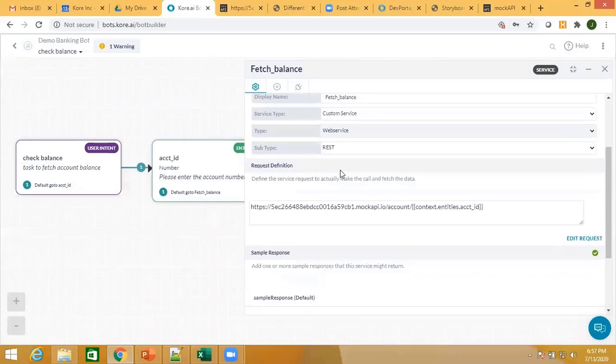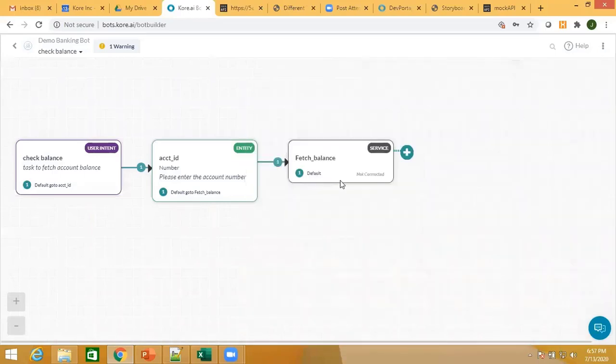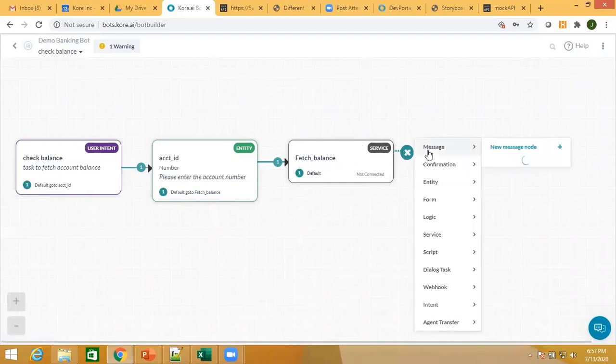So once you have done this, okay, now the next is, I'm assuming that the API call takes place successfully. I'll build the alternate flow, but right now I assume that it is taking place successfully. I'm going to have a message node where I'm going to display the balance.